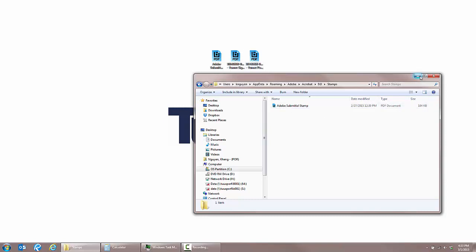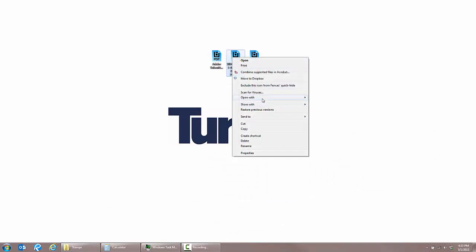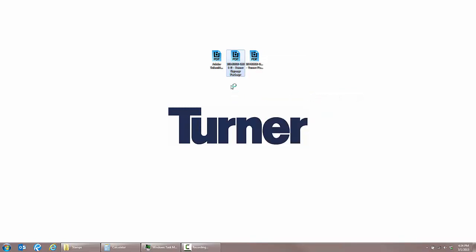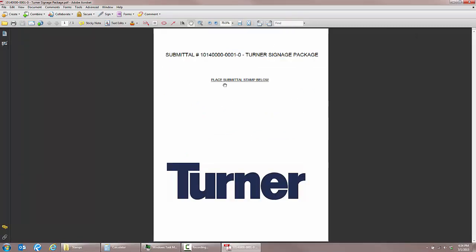So now I will show you the sample that I created to show you how to actually put this into your submittals. Like I said before, I have Bluebeam as my default PDF viewer, so if I were just to double click this, it would have opened up in Bluebeam. So I need to right click it, and then go to Adobe Acrobat 9.0. As it opens up, this is just a sample I made of a submittal package. So let's say you reviewed it and you want to put in your stamp to send back to the architect. This right here is the stamp if you haven't used it before, and you just click on it and pull down the drag menu,